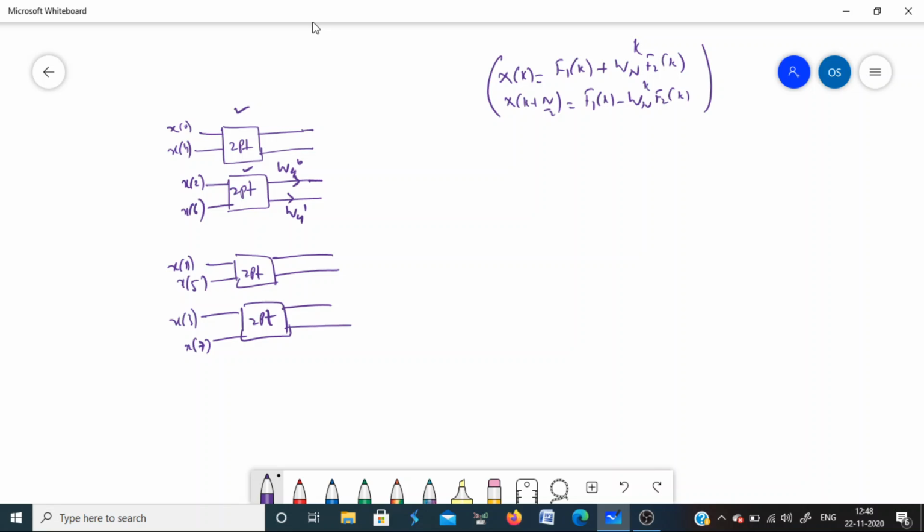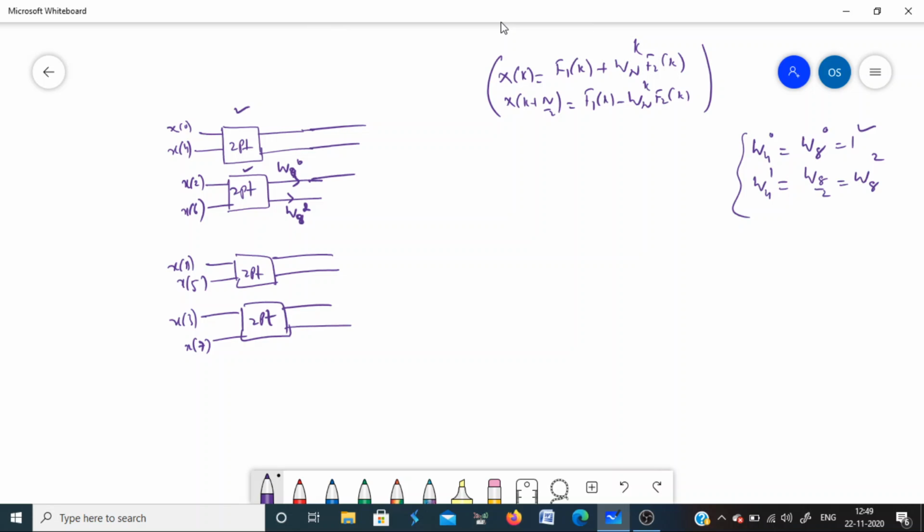And since mainly we use the same phase factor, in order to maintain the symmetry, w4 to the power 0, I can write it as w8 to the power 0 because both are equal to 1. And w4 to the power 1, I can write it as w8 to the power 2. So in place of w4 to the power 1, we generally write here w8 to the power 2, and this is w8 to the power 0. Okay,